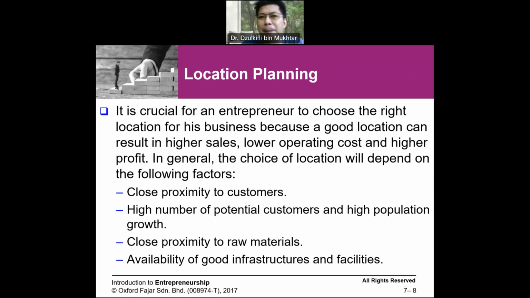People will definitely go there to spend their time, and by chance or even by design, you can pengaruhi customer untuk masuk ke kedai kamu, the business premise, and try to look for something. That's why you can see nowadays,